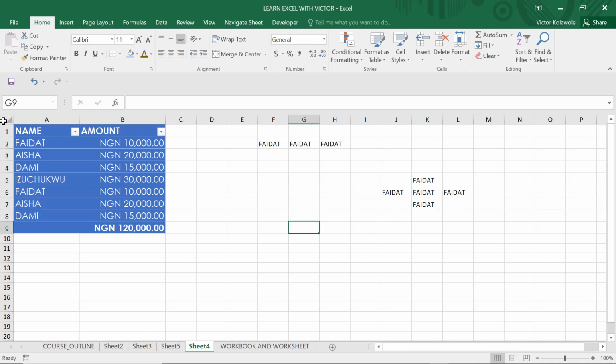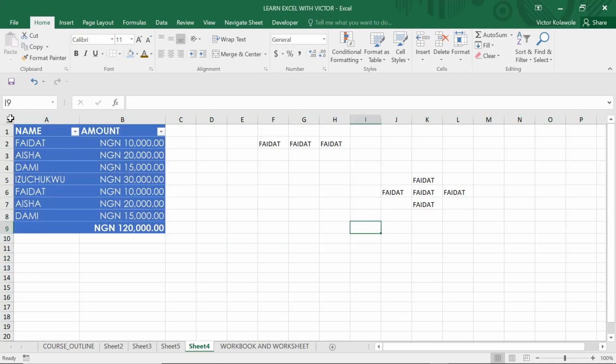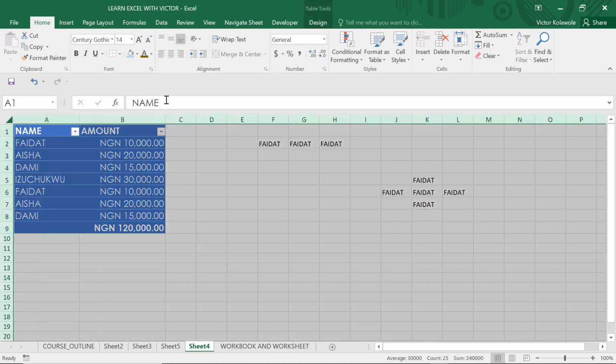So like this now, let me highlight this whole table or this whole worksheet. To highlight the whole worksheet, you see this triangle. Is it a form of triangle? I don't know. Is it a right angle triangle? This is not a right angle triangle. So this thing that looks like a triangle, you click on it to highlight the whole worksheet. So click on it and then